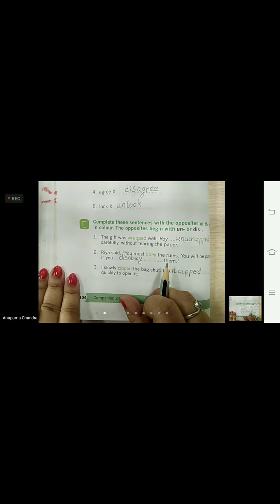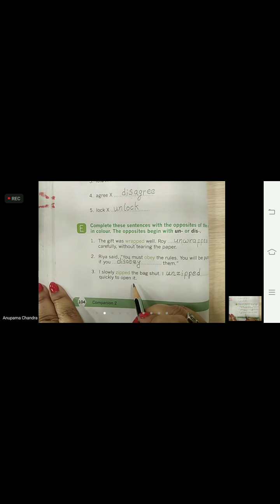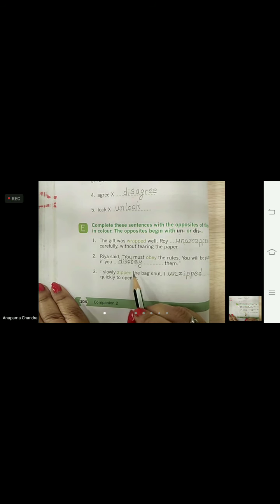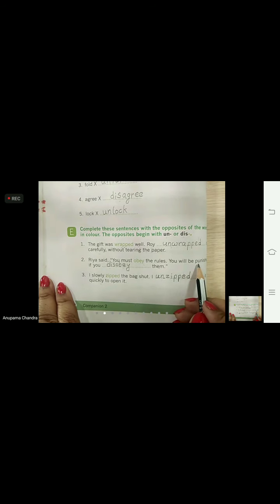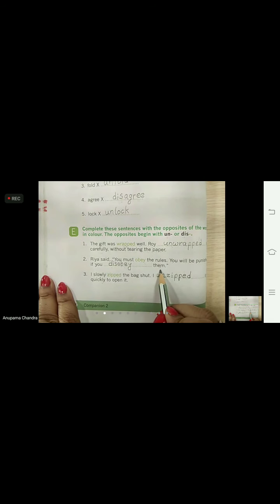Okay, you have to remember, children, where we have to use UN and where we are going to use DIS. I repeat the sentences. The gift was wrapped well. Roy unwrapped carefully without tearing the paper. Ria said, "You must obey the rules or you will be punished if you disobey them."